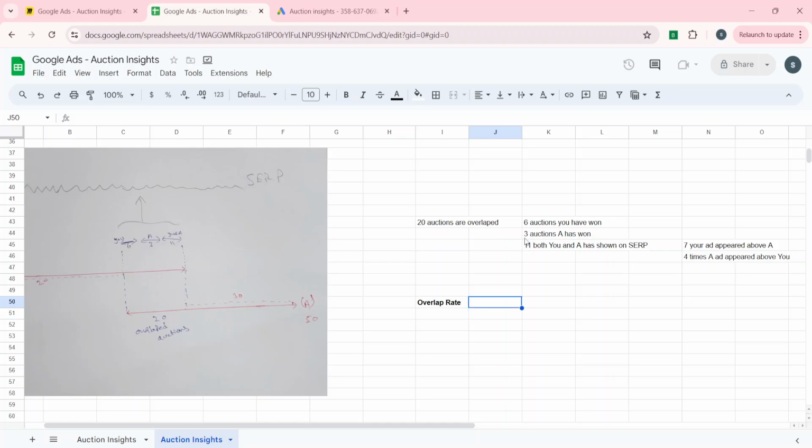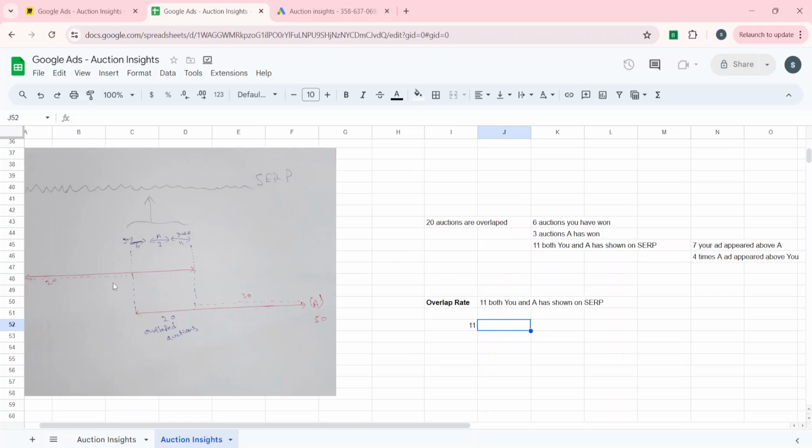So here we have shown ads 11 times, right? So this is the one. Okay, we have shown ads 11 times. So what is the percentage of these 11 ads in the total auctions that happened? You are getting me right? So let's calculate it. Before that, let's understand the formula. The formula is how many times advertiser A showed an ad along with us, divided by the total ads we have shown, into 100. So let's calculate it. It should be 11. And divided by the total number of auctions where we have shown our ad,